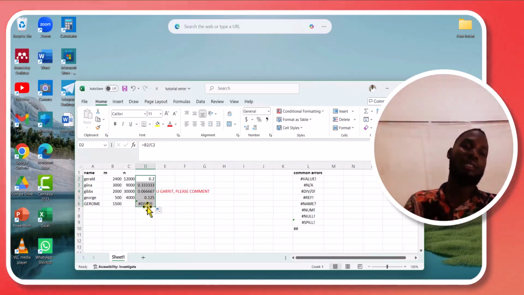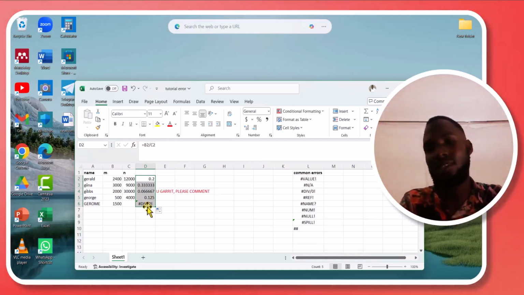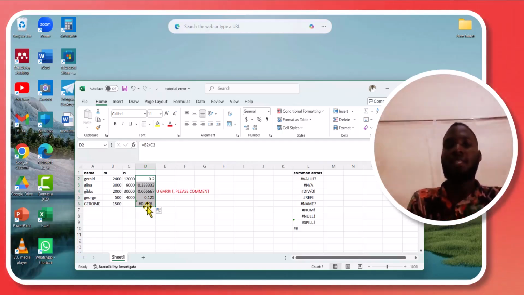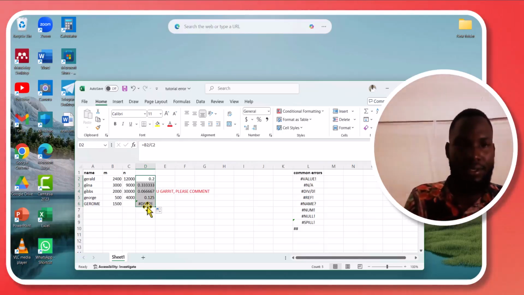You can also minimize these errors. I'll give you a video on how to minimize most of these errors, just that some we are also going to minimize from here. And then the next one is